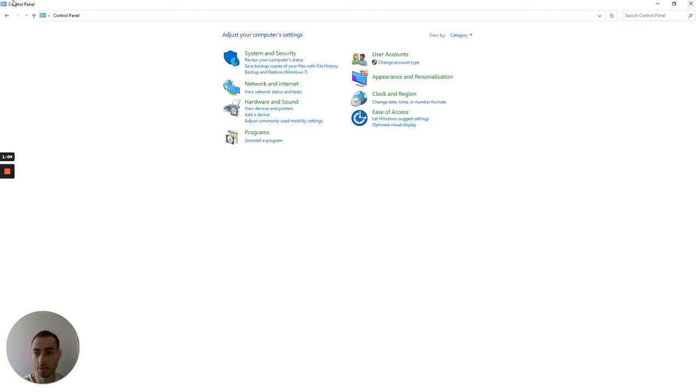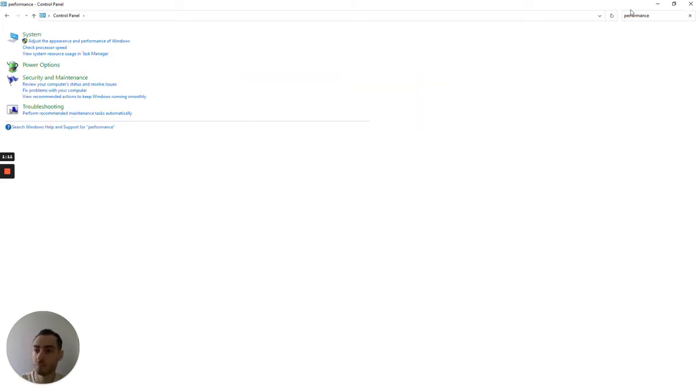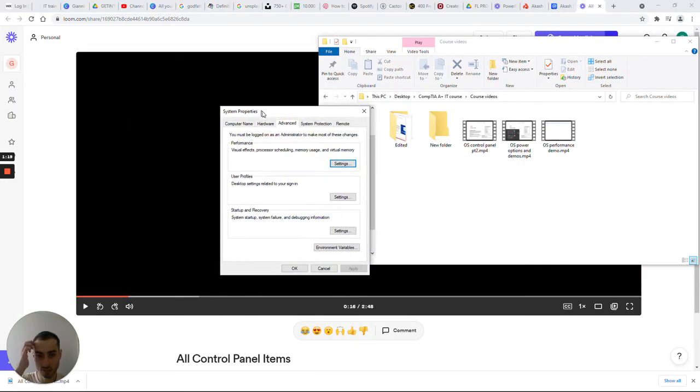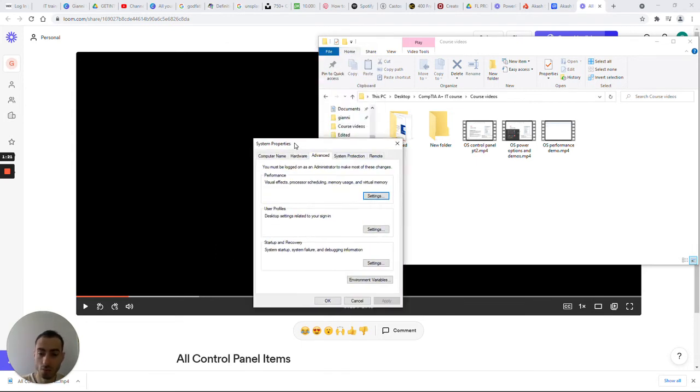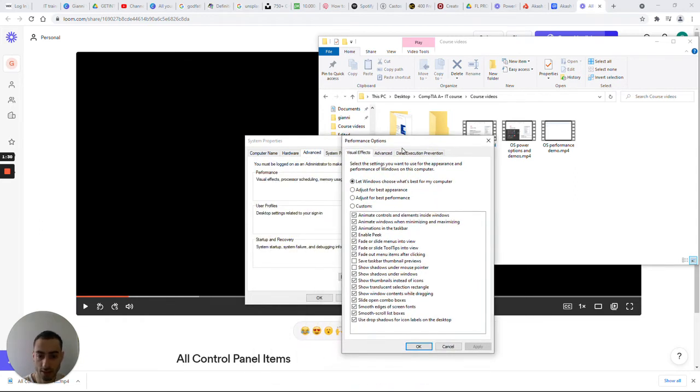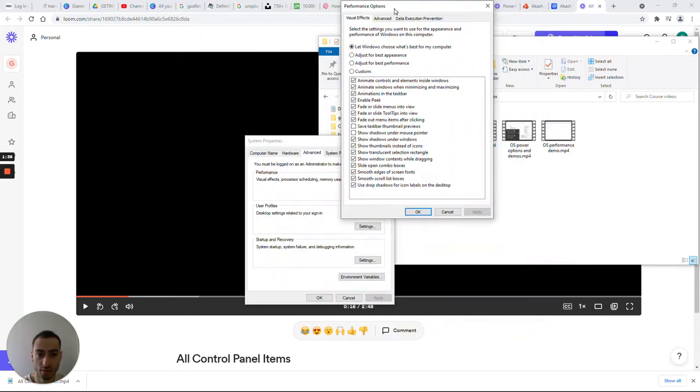performance settings. So we can get into the control panel, and in the control panel we can search performance, and we've got System here, and we've got this little icon, Performance Settings. And now what happens here is we can see the performance menu, and in there we've got all these options. Now we need to know that the GUI, the operating system,